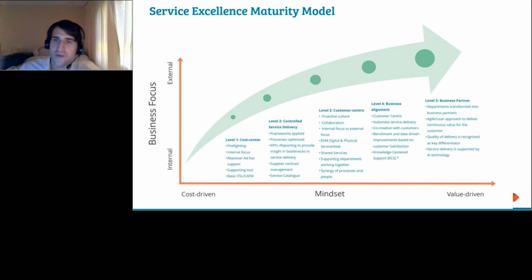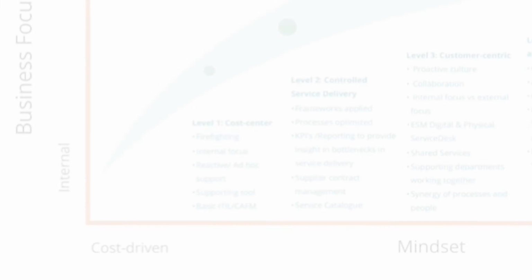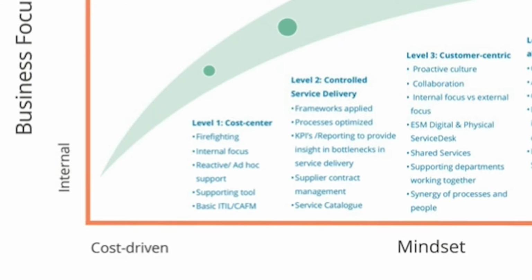We made a general standardization of the different maturity levels of our IT departments that we work with. And I'll just briefly run through them to give you some context. So the first level is a cost center, or basically firefighting. It's the way a lot of businesses see IT, and it's just you're here to answer the questions, make sure the real employees can do their job, and just make sure things work, and that's it. And you're mostly firefighting and just trying to keep up with it. And so if you're at that level, your goal should be to get up to level 2,